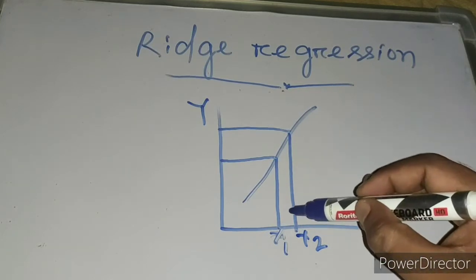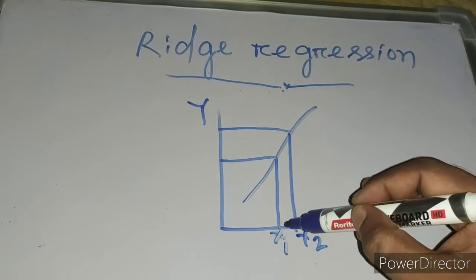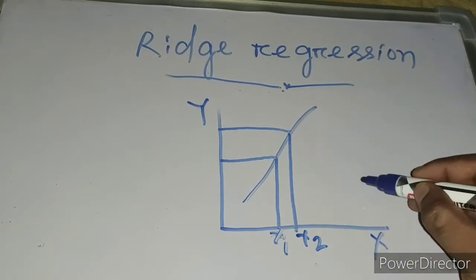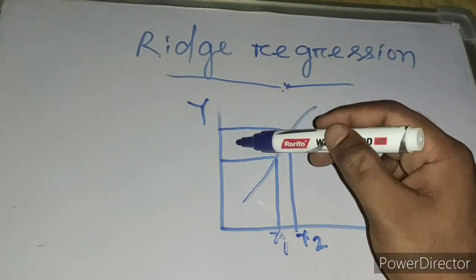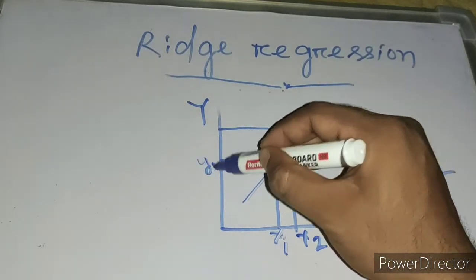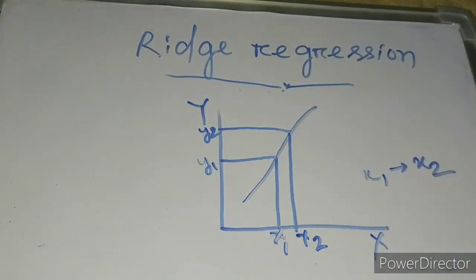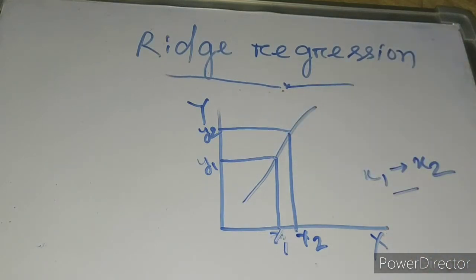When we make a small variation on the x-axis, moving from x1 to x2, and look at the corresponding values on the y-axis, y1 and y2, a small variation from x1 to x2 causes a lot of variation from y1 to y2,